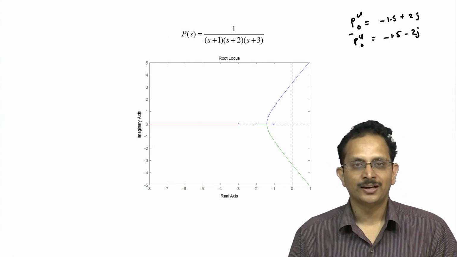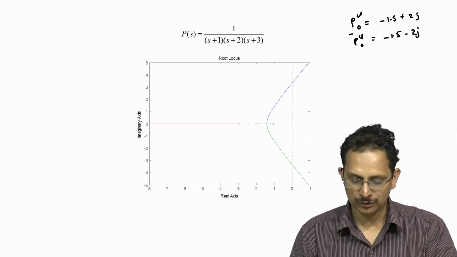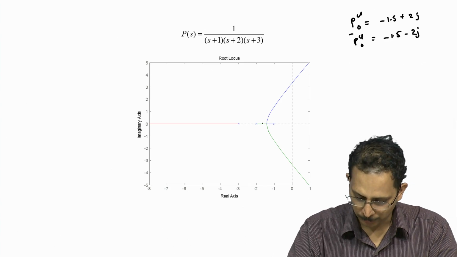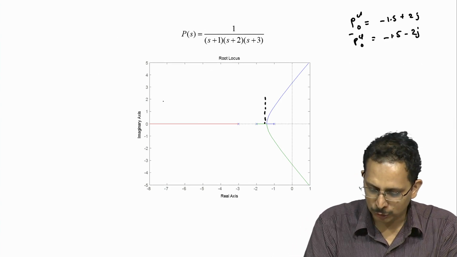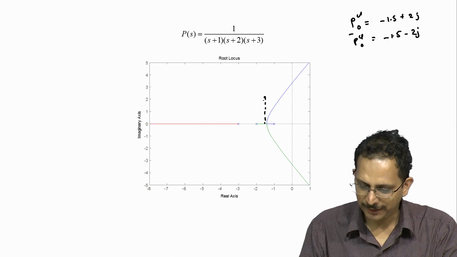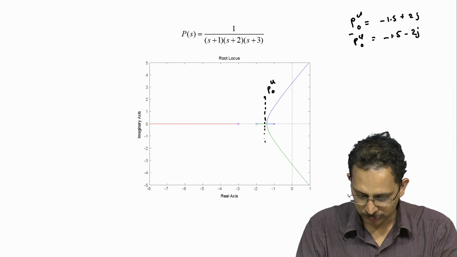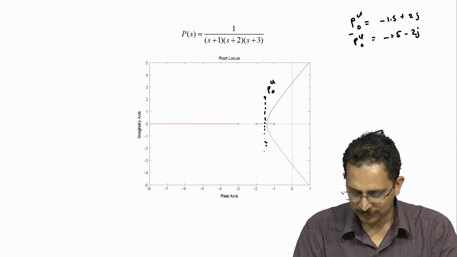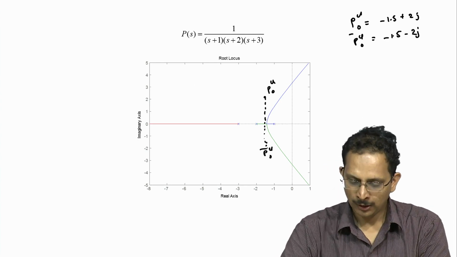Now, in this graph, in this root locus, if I were to locate minus 1.5 plus minus 2j, I would notice that along the x axis I need to have minus 1.5, which is somewhere here, and minus 1.5 plus 2j would be this point here, that is PCL naught, and minus 1.5 minus 2j would be a point here. This is PCL naught complex conjugate.